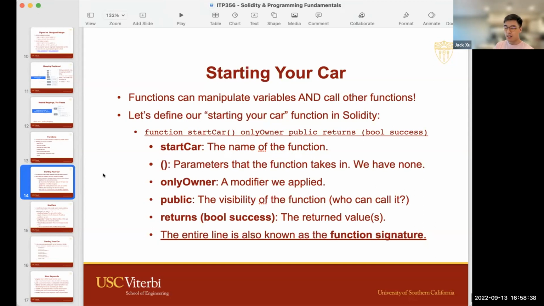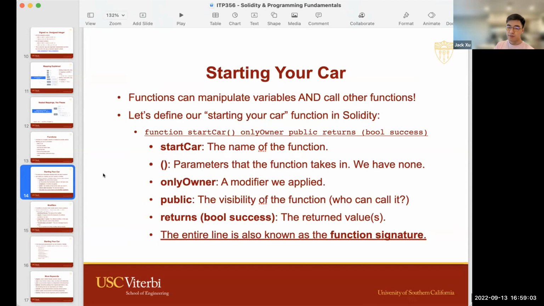First, let's talk about public. Public is the least strict visibility or accessibility option. If a function is designated as public, then anyone is able to call it.